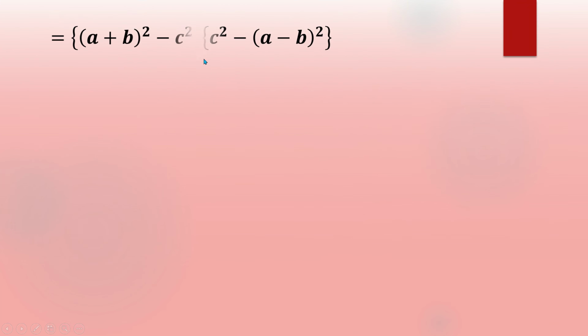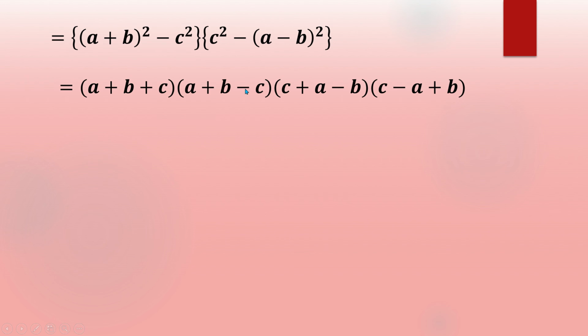That's mean this line. That's mean a plus b whole square minus c square, and here c square minus a minus b whole square. Now this makes a formula a square minus b square, and here also this formula a square minus b square. As a result, here will be a plus b into a minus b, and here will be a means c, b means a minus b, so a plus b into a minus b. This is the required answer, or we can write in arrange.